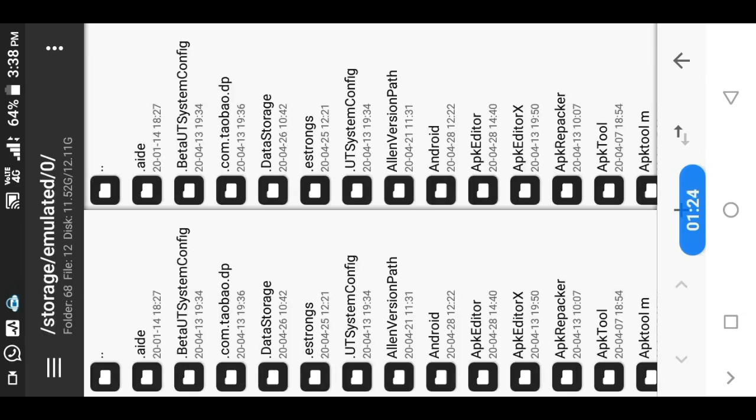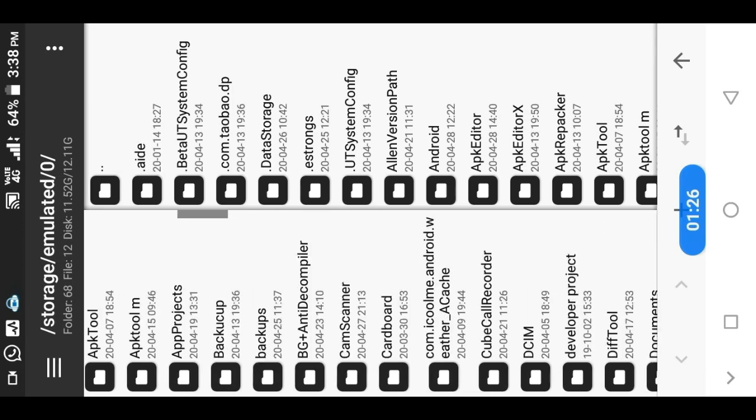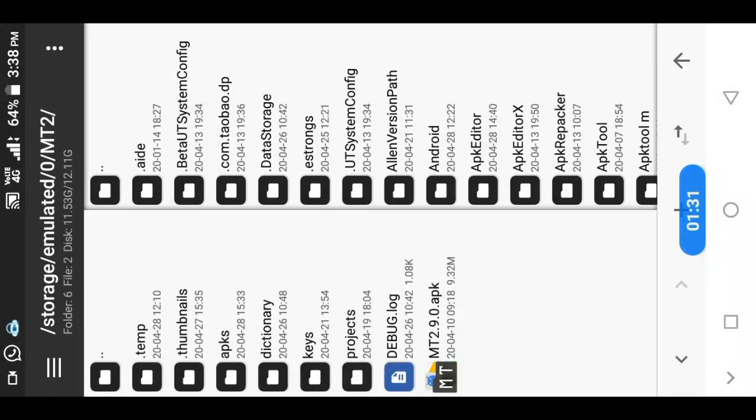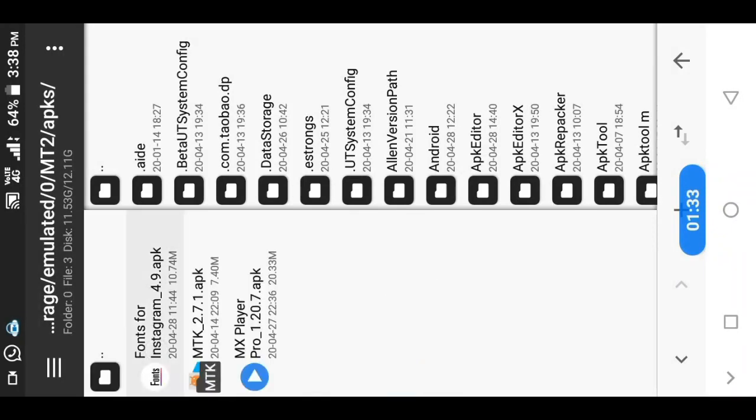I have already backed up the app Fonts, so it is here. Let's decompile it.